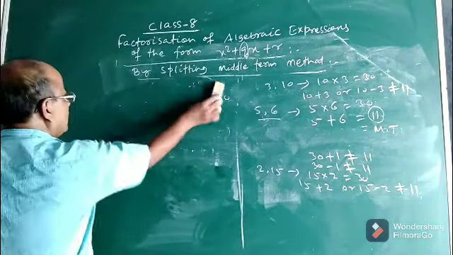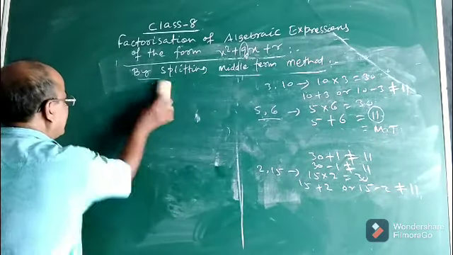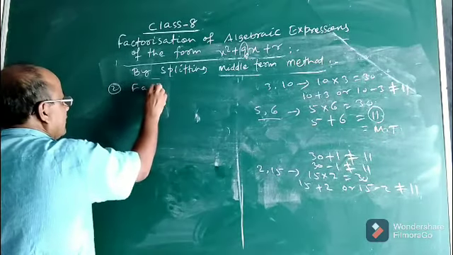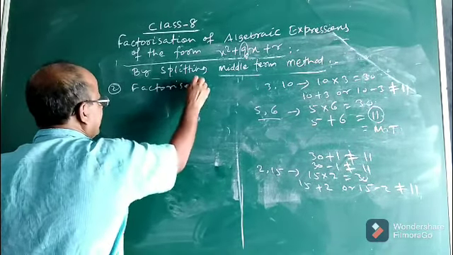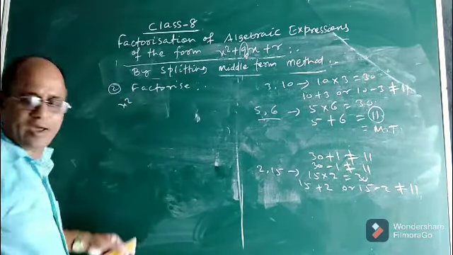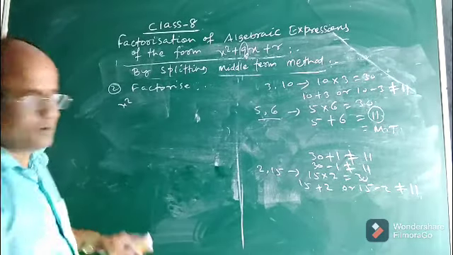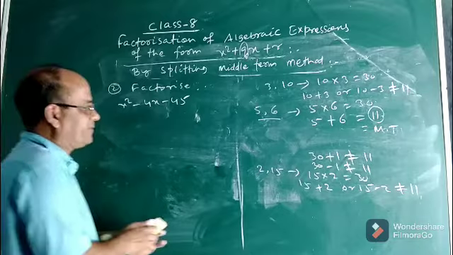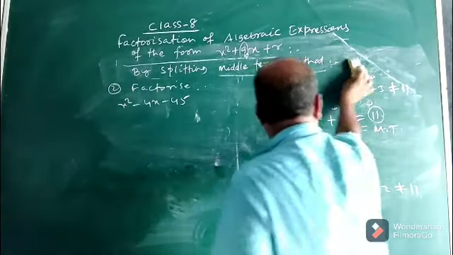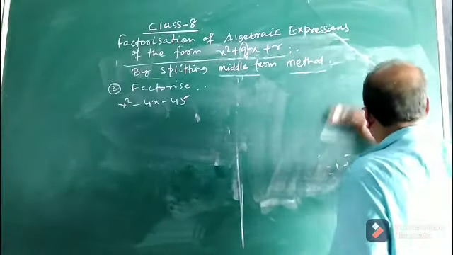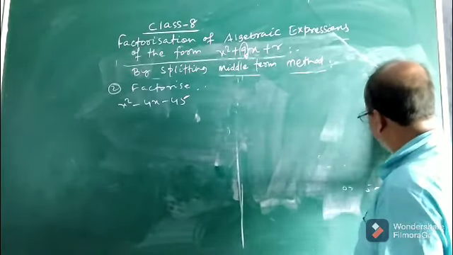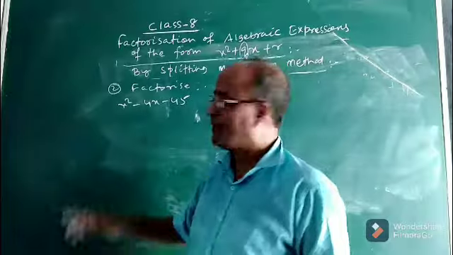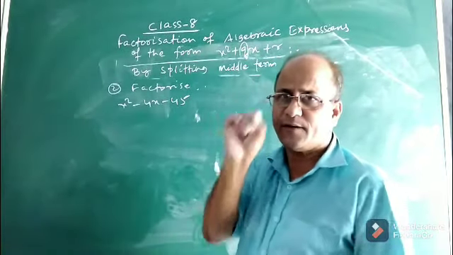Okay. So let us take another one. Suppose you are given: factorize x square minus 4x minus 45. Look, children, let us factorize this algebraic expression. Now, in order to factorize this algebraic expression, first we have to think,